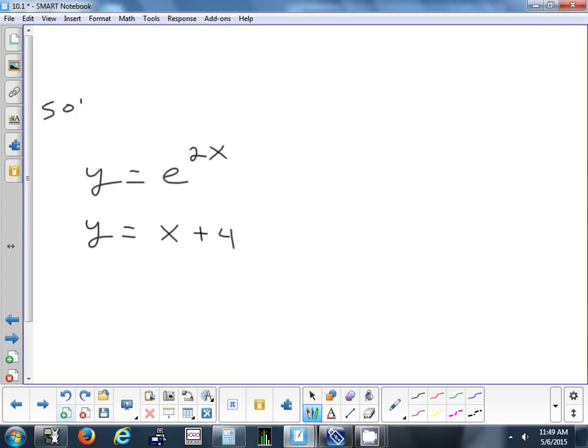Thoughts on this one? Yeah? Instead of finding out what y is, can you, on the second equation, move the 4 over so that you find out what x is? And then when you find x, plug it into the